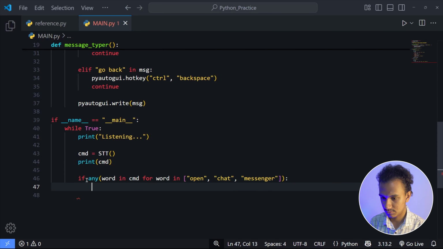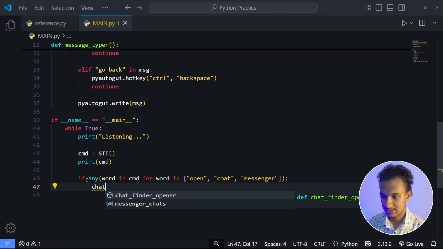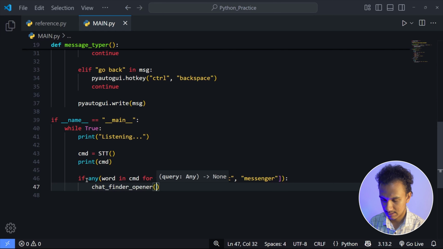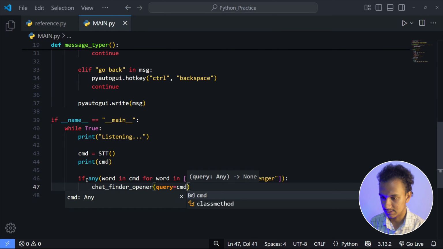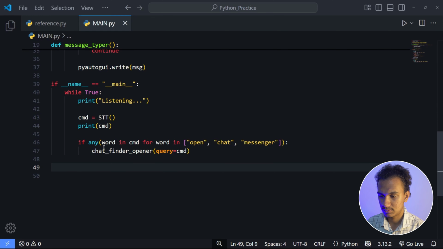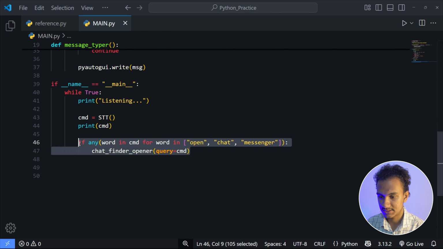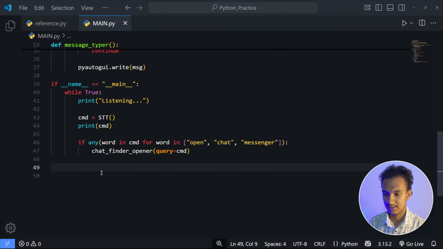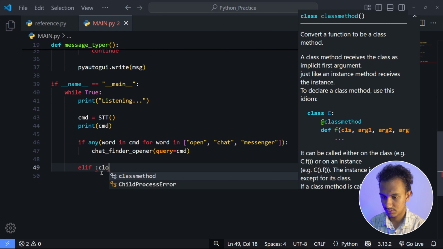So it's just going to open the chat. So I'm going to call chat finder, and as a query I'm going to pass the command. Okay, now let's say I have opened a chat, I want to close the chat. So else if close,